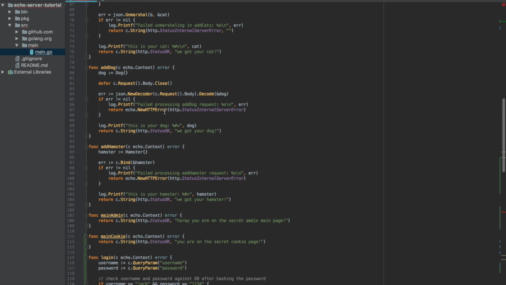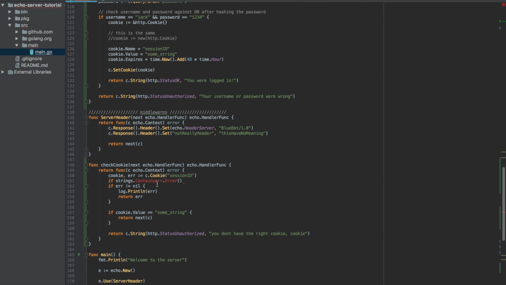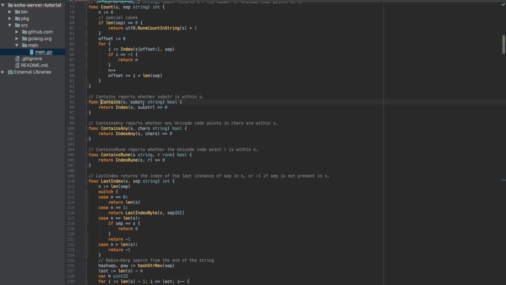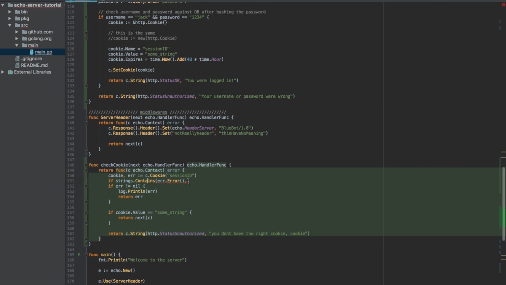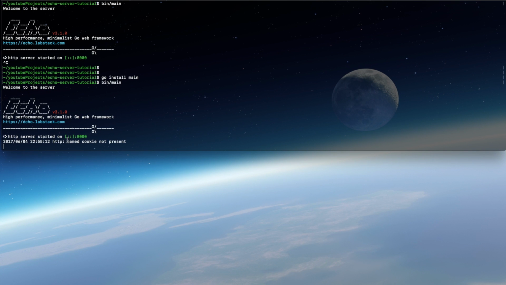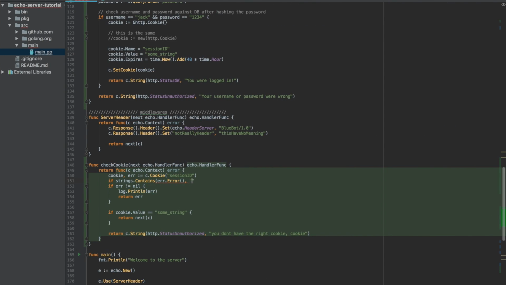So if strings contains the error, which one is which, I don't remember. Yeah, the first one is the full string and the second is the substring. So if the error contains, and let's copy that, named cookie not present,